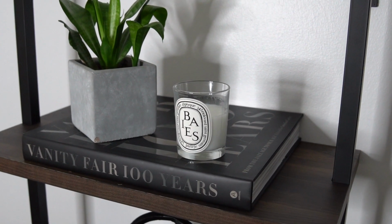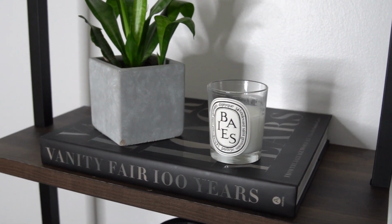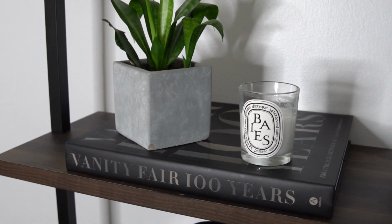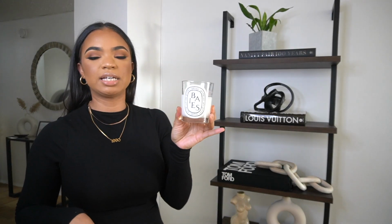Start with the top shelf. Again, the designer coffee table book is from Amazon. This is the Vanity Fair 100 Years. So the candle up here is from Diptyque. I freaking love Diptyque candles. This one, I think you say, is Baies. I think that's how you pronounce it. It smells really good. It's super strong. And whenever I light it in my living room, I have a pretty big living room, it smells up the